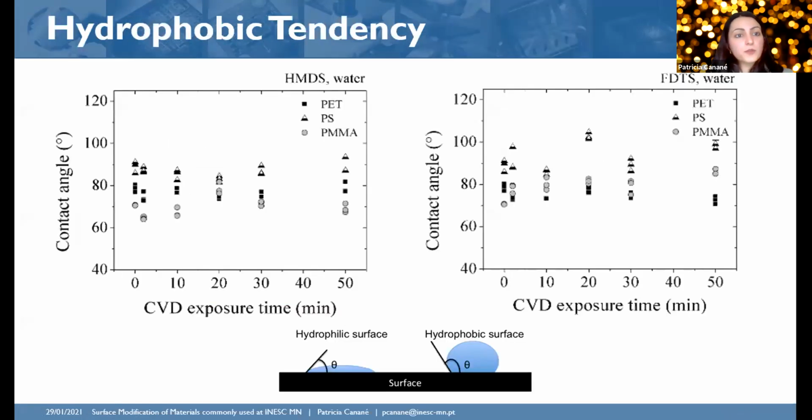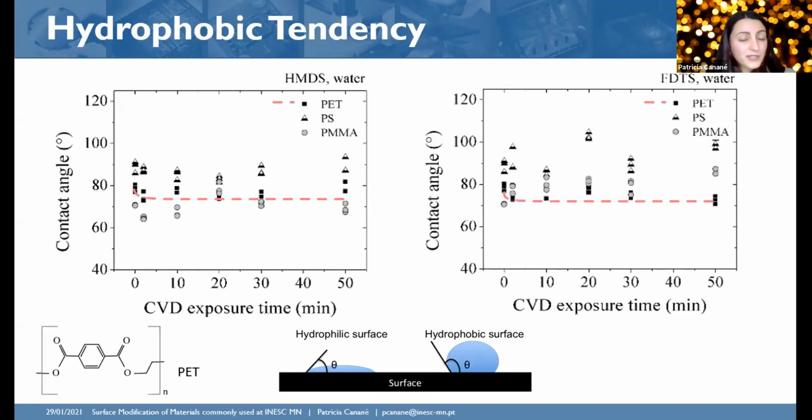As for the substrates with hydrophobic tendency, I will finish off with the PET, the thermoplastics. We can see that PET thermoplastic, after being exposed to these two silanes, suffered a decrease in contact angle. This was also not expected, because both of these silanes have a high hydrophobic potential, especially FTTS. Regarding these results, we still need further analysis, and we will perform a SHG-PS analysis to understand how the molecules are interacting with PET and what is the real molecular orientation.